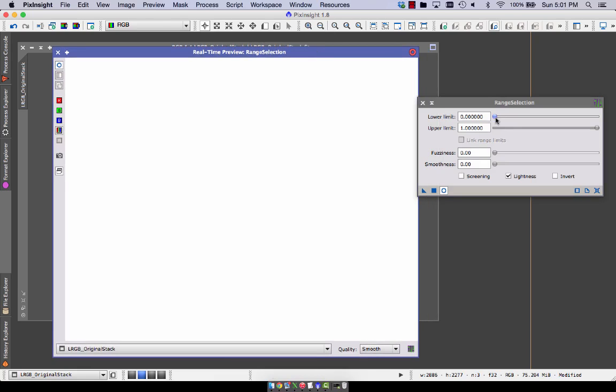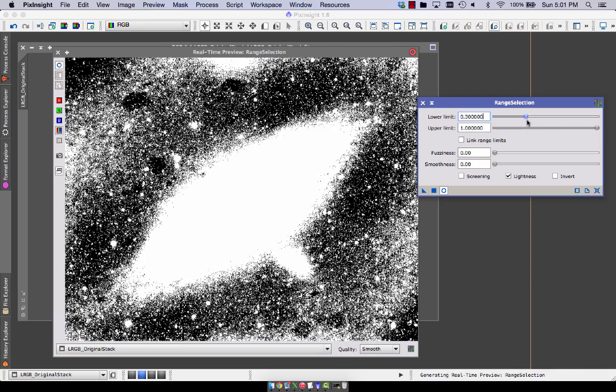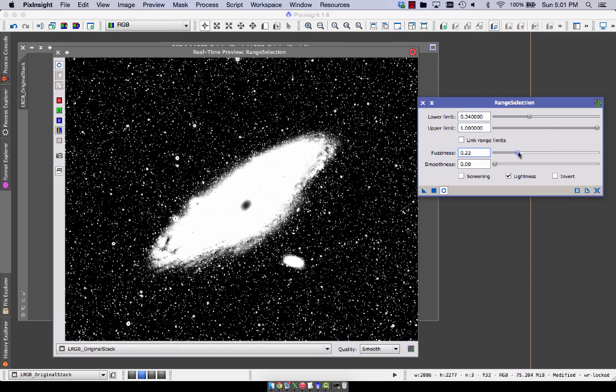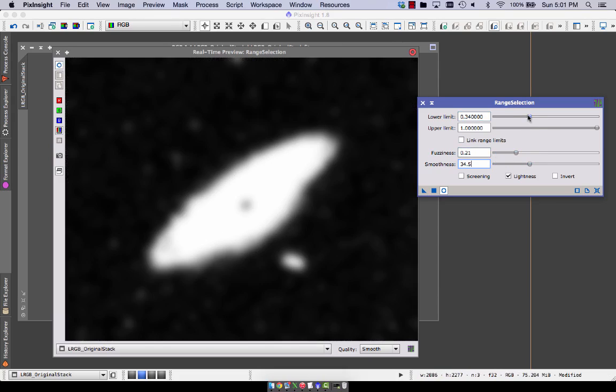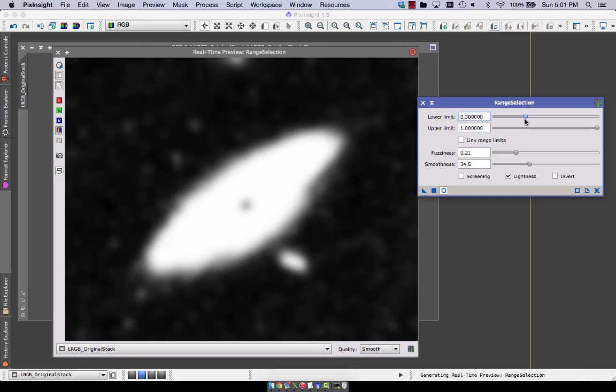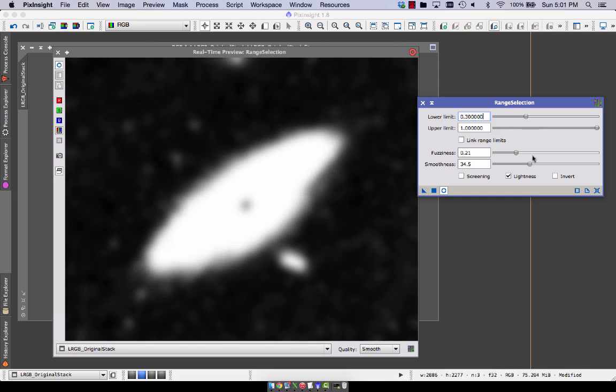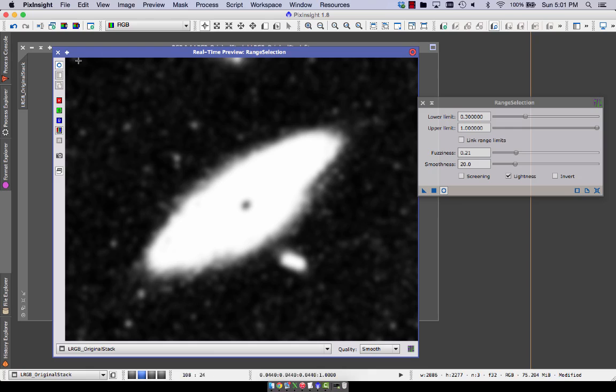Then as I dial up the lower limit, see the structure start to appear. I can turn fuzziness on to get some of the actual detail, and then dial up the smoothness. So I'm really just trying to separate the object from the background. Not too worried about the rest of it. It's good to have some of the brighter stars. So that works. And now I'll run it